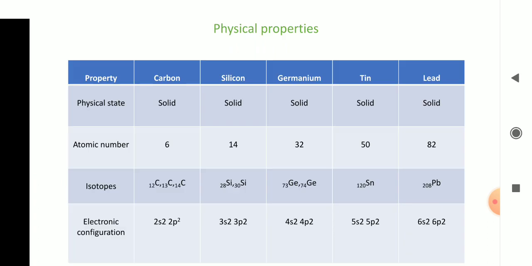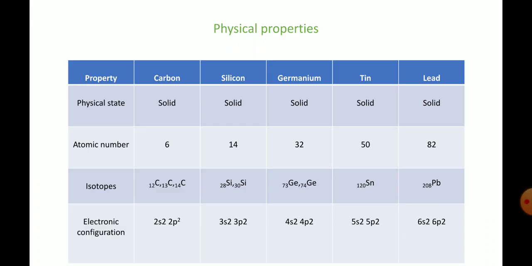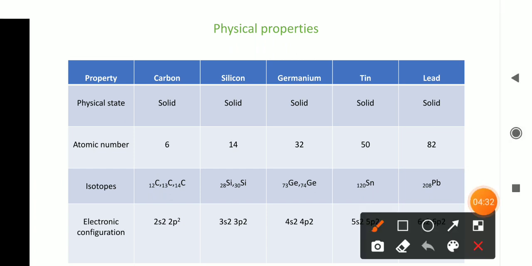Now let us move on to the next thing, that is physical properties of carbon family, that is group 14 elements. What are the properties I have taken here? First one is physical state. Physical state in the sense we have to represent whether the elements are solid, liquid or gaseous one. Then secondly, atomic number. So it is a very essential thing we have to know. Then isotopes. Okay, what are isotopes? Atoms with same atomic number but different mass numbers are called as isotopes. And finally, electronic configuration. Here I have taken only the outer electronic configuration of group 14 elements. Okay, so let us see this physical properties one by one.